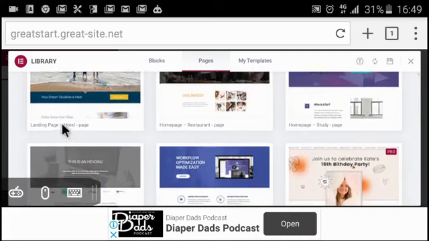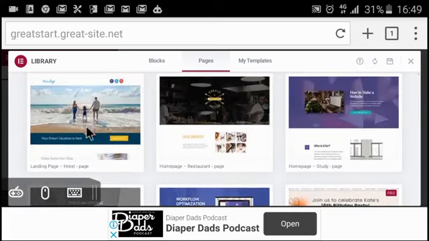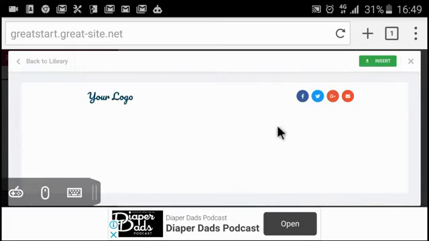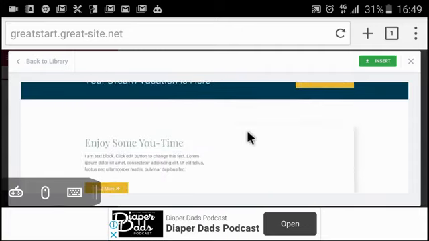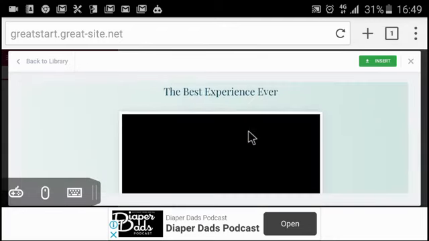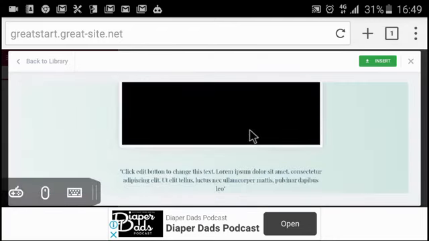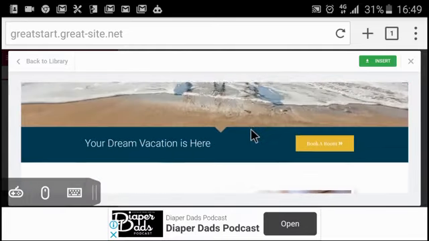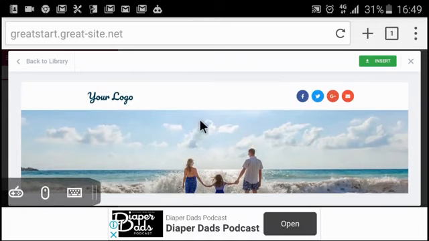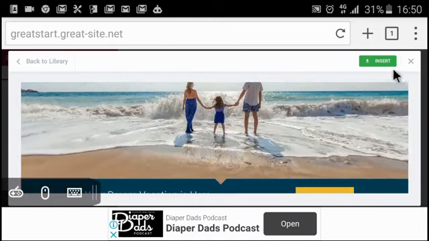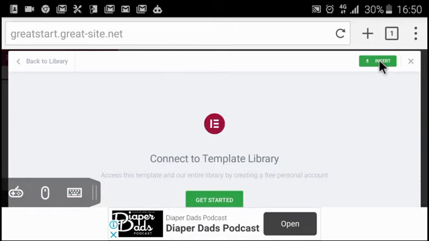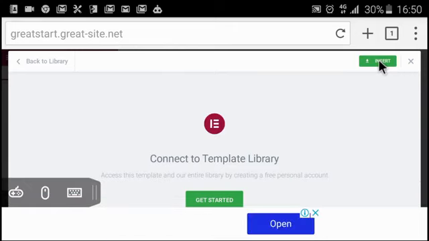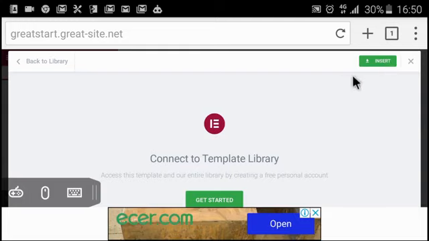So what you need to do to use the first one is click on it, and you see it shows up here and you can see how it looks. It shows the preview of how it looks, and you can just work on it. You see there's a video. It's just like a travel website, and it looks quite good, and this is what we want to start with, a very simple website. So you click on insert if you are fine with it. Once you click on insert, you should be ready to get started. So click on that insert button